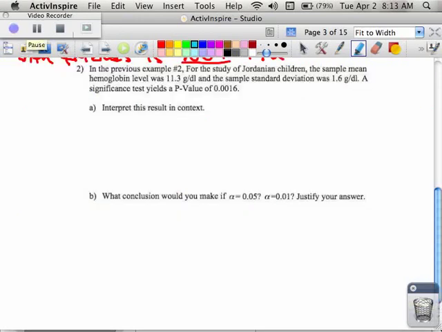In the second part here, go back and look at example number 2, when they were talking about Georgian children and the hemoglobin. It says for the study, the sample mean was 11.3, and the